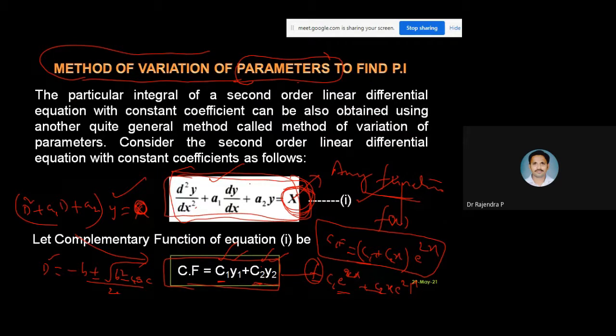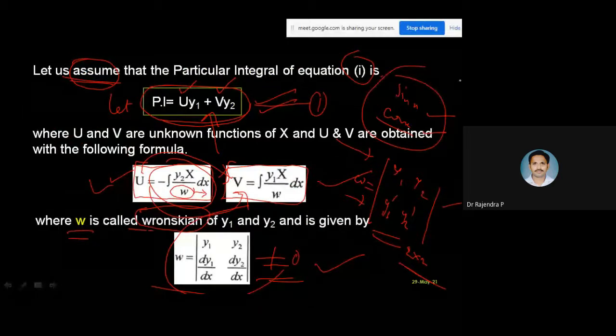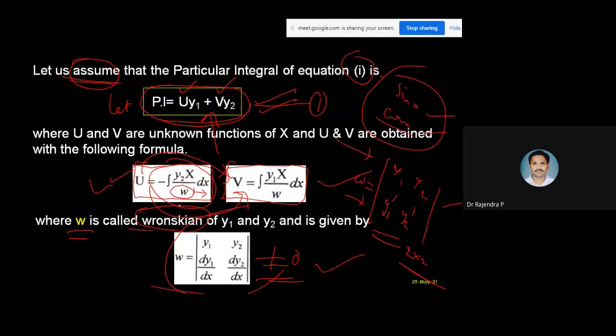There are two. One difficulty is there. Can I apply it when x is something like tan x? We don't have a shortcut, right? Some cosecant, secant, some other function, logarithmic, or some function like e power x by x square. Can I do this? In place of x, any function, you can take any function, this method is applicable. Even they need not ask you to apply the method of variation of parameters.